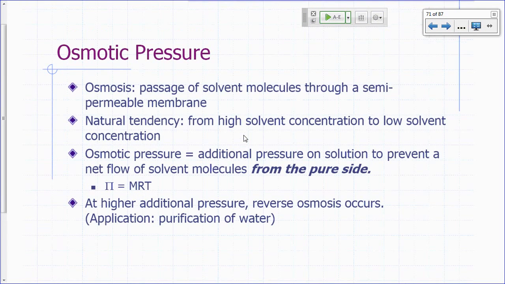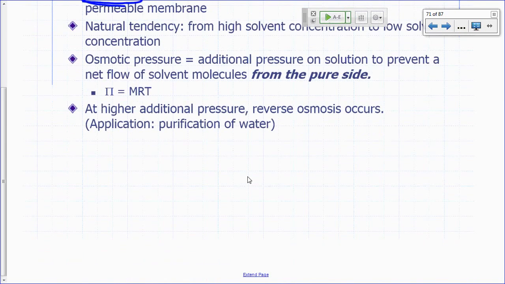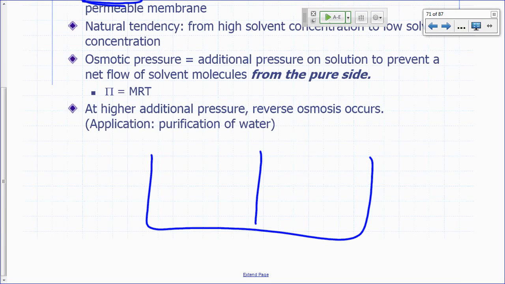So we've gone over vapor pressure lowering, boiling point elevation, freezing point depression. The last of the 4 colligative properties is osmotic pressure. What's osmotic pressure? First of all, let's define what osmosis is. Osmosis refers to the passage of solvent molecules through a semi-permeable membrane. In other words, imagine you have 2 containers here. You have pure A here, pure liquid A. Let's say A is water. And here you have A